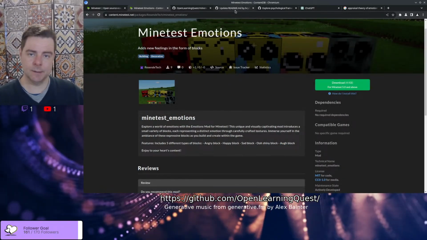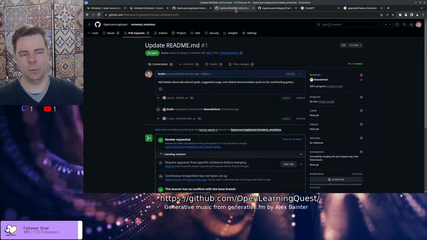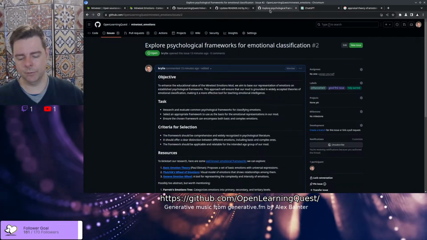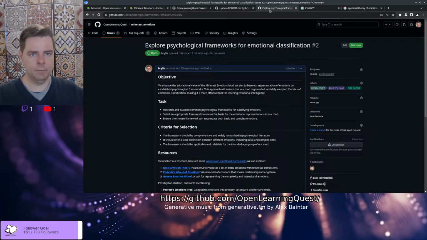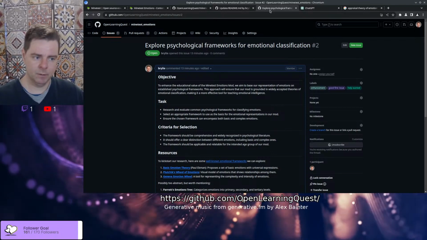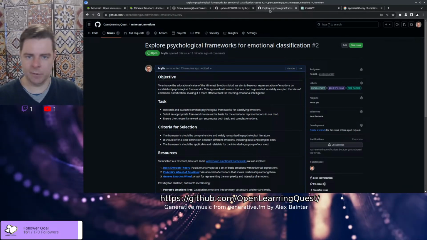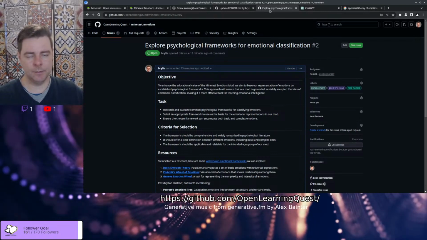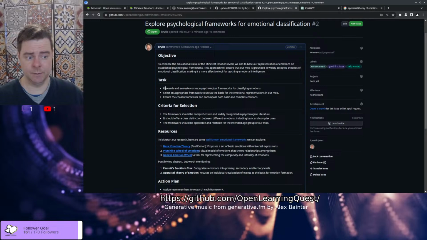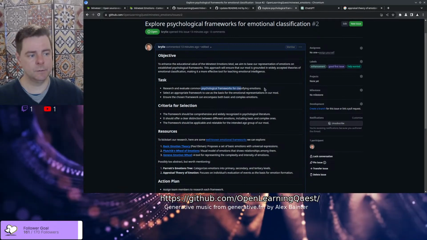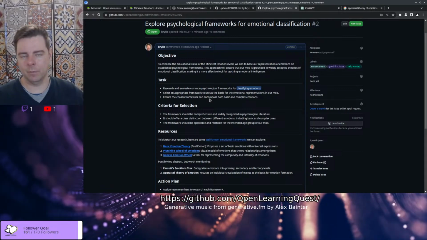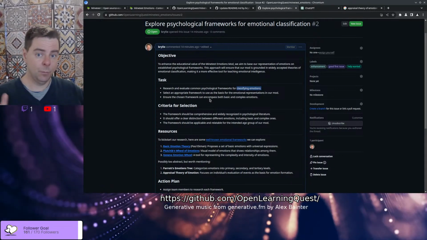Taking it to the next level, so to speak, making sure it's more comprehensive at least, and also understandable for children and adults, we want to have a framework. We want to choose from an existing psychological framework describing emotions. There's been a lot of thought and theory, I'm sure, in this area. It's not my background, so we're going to do a little bit of research here, looking for psychological frameworks for classifying emotions. Then we'll use this as the basis for making sure we've got a block for all the core emotions, and then maybe some more advanced things such as,